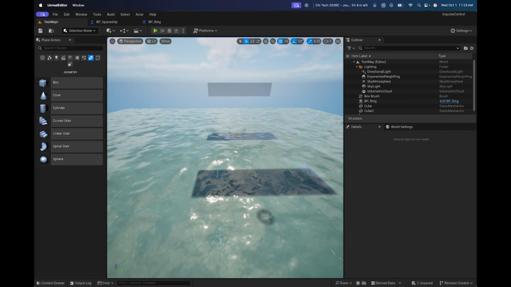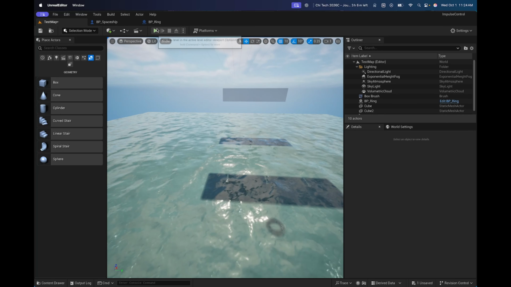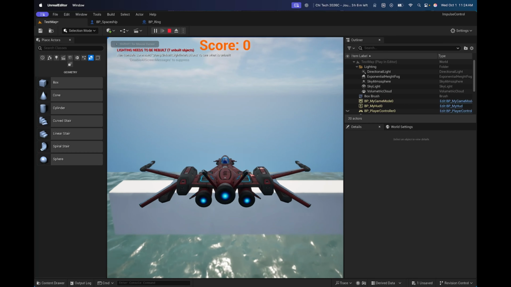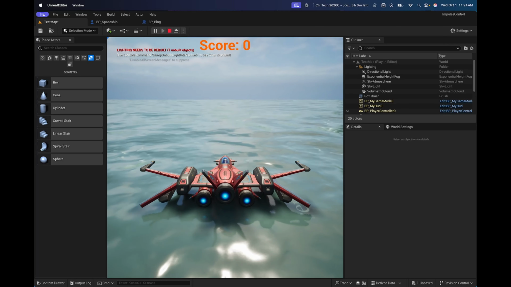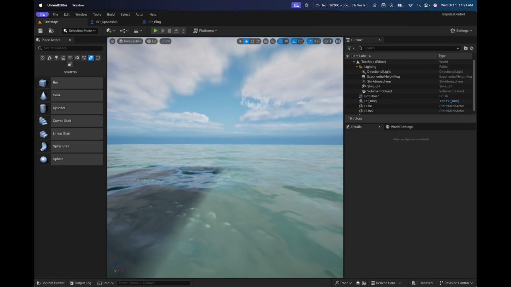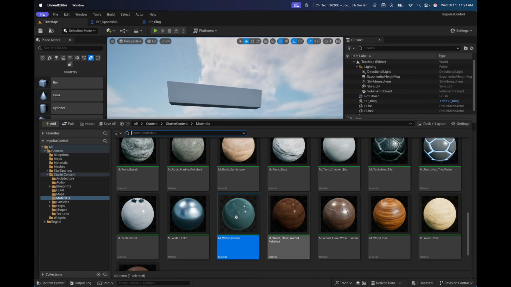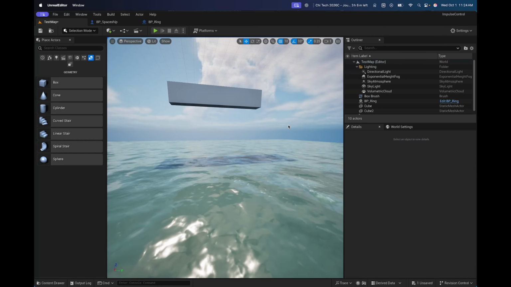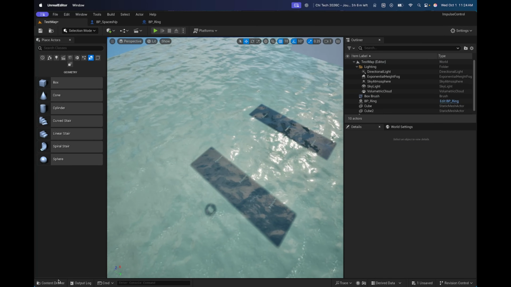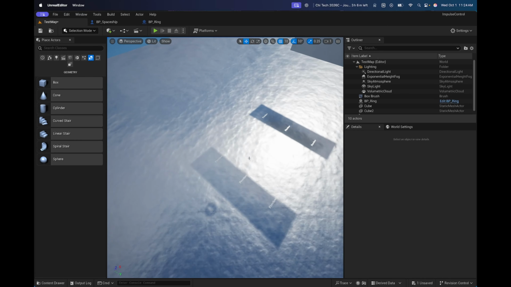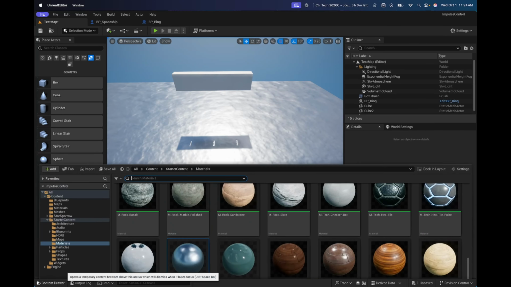I now have the ocean. My spaceship is now flying over the ocean. And there's some basic wave patterns that are happening, and it looks pretty cool. Or maybe you want to work with a different kind of lake, of water. Yeah, that looks pretty cool. Or maybe you like this